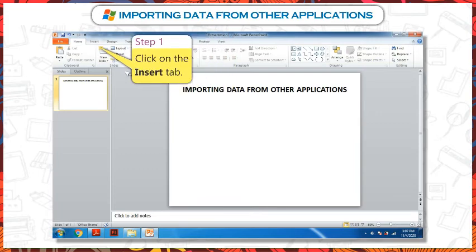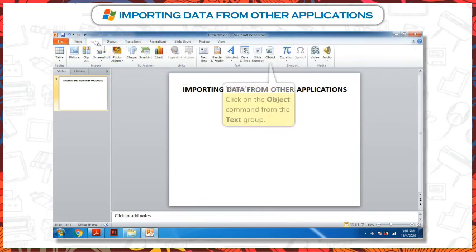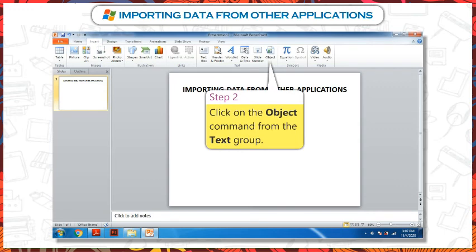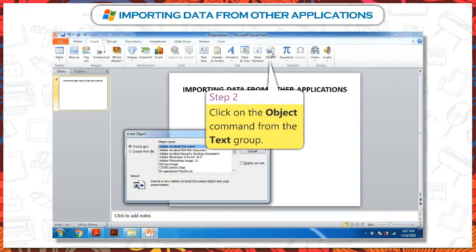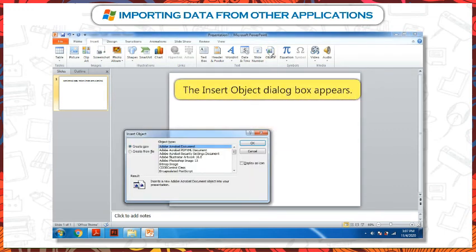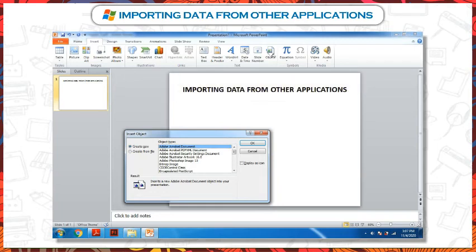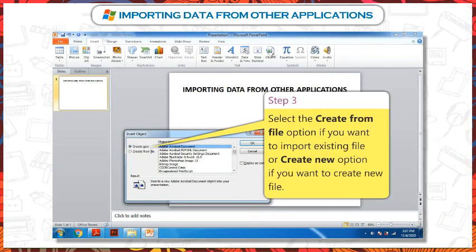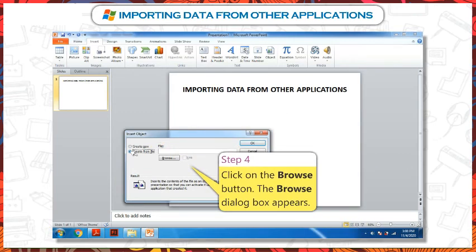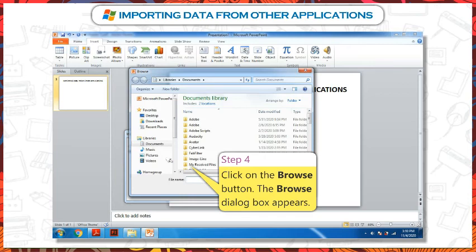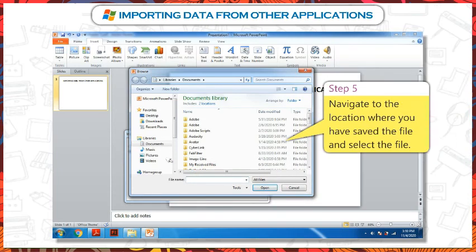Step 1. Click on the Insert tab. Step 2. Click on the Object command from the Text group. The Insert Object dialog box appears. Step 3. Select the Create from File option if you want to import existing file or Create New option if you want to create new file. Step 4. Click on the Browse button. The Browse dialog box appears. Step 5.